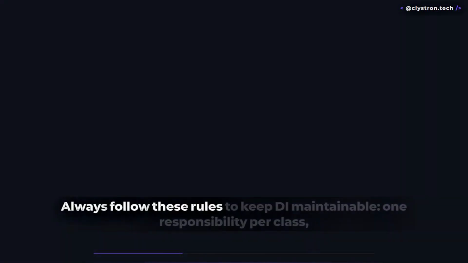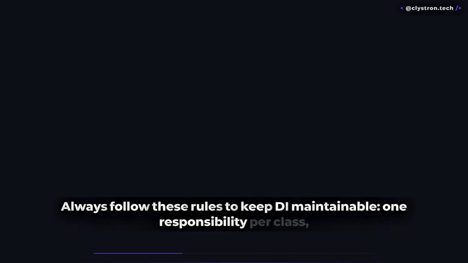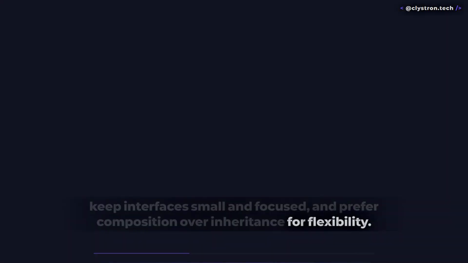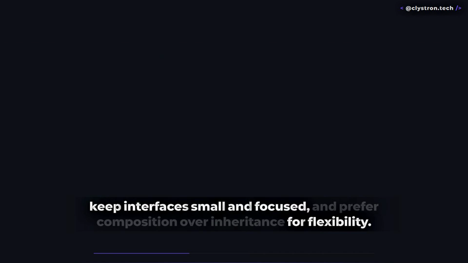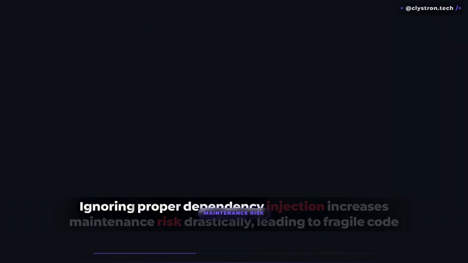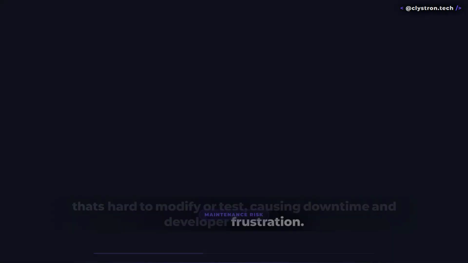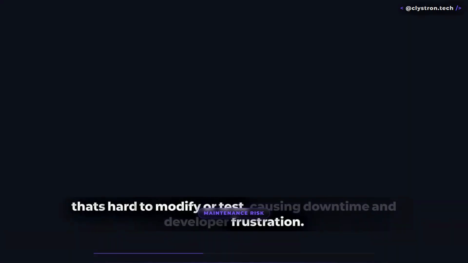Always follow these rules to keep DI maintainable. One responsibility per class, keep interfaces small and focused, and prefer composition over inheritance for flexibility. Ignoring proper dependency injection increases maintenance risk drastically, leading to fragile code that's hard to modify or test, causing downtime